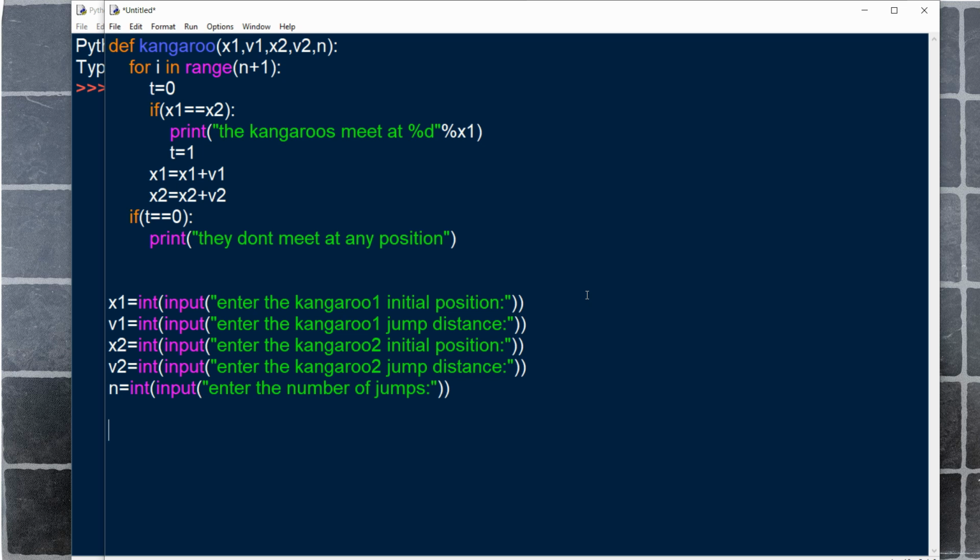Now we call the function, the name is kangaroo, and we need to pass the values x1, v1, x2, v2 and at last n. That's it.